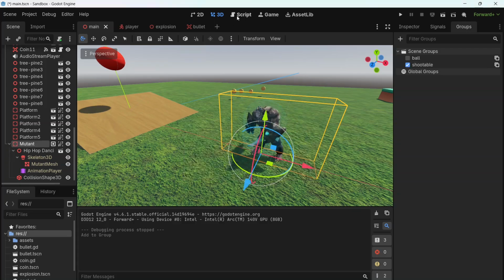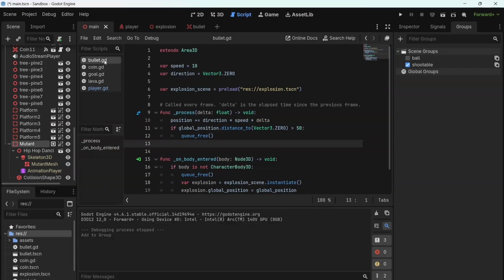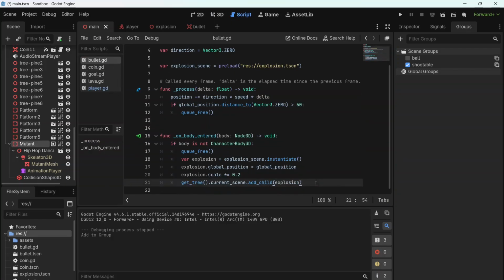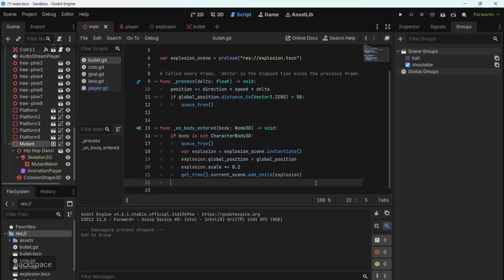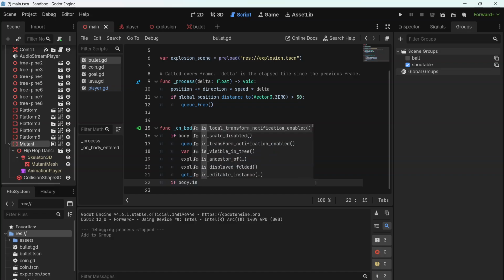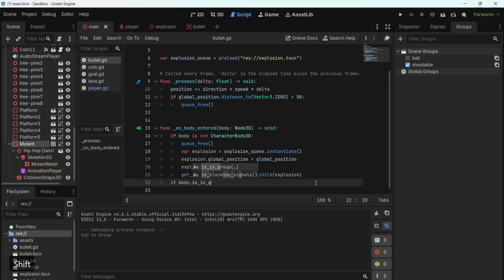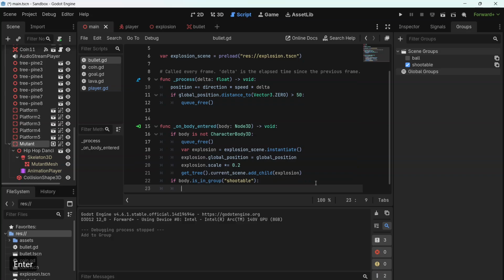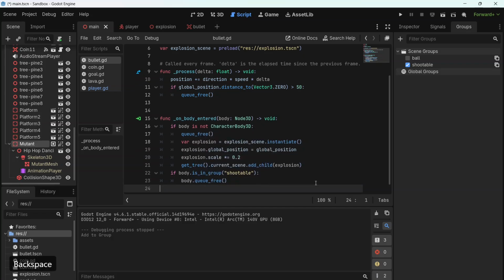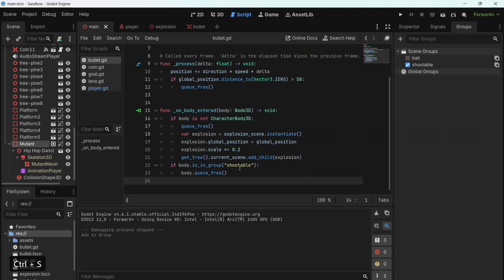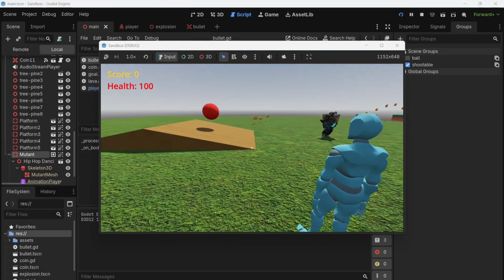Now I'm going to go to the bullet script, and I'm going to check if I've hit something shootable. So here in my bullet script, I'm going to check if the body that I've just collided with is in group shootable, and if it is, then I'm going to delete it. I'm going to delete body.q3. So I'm already deleting the bullet, but now I'm also going to be deleting anything it hits that counts